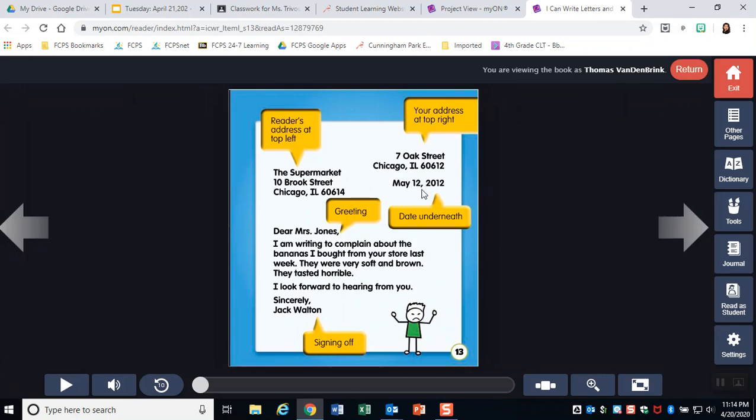You will have the date. You do not need the address because you're not going to be writing a formal letter. As you can see here, it says, Dear Mr. Jones. You have the body of the letter and then a closing. A closing can be sincerely, it can be love, it can be thinking about you, anything you want to write, and then your name.